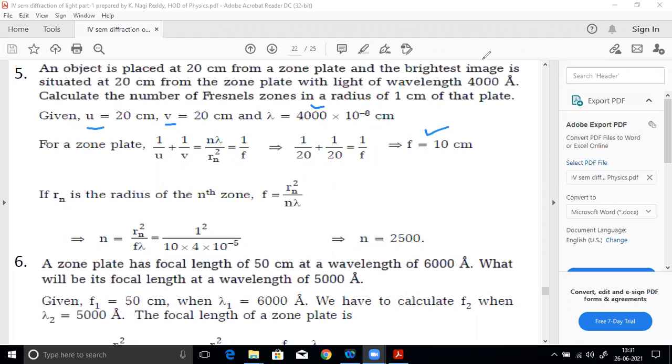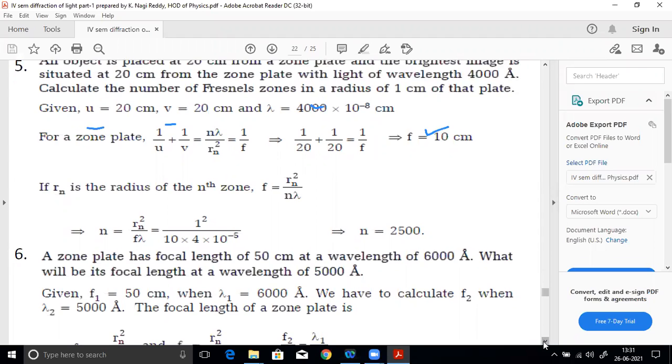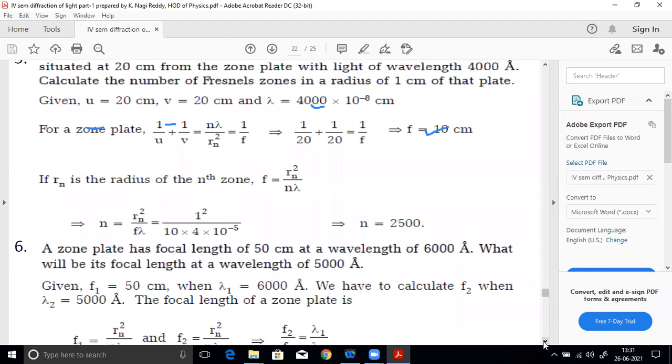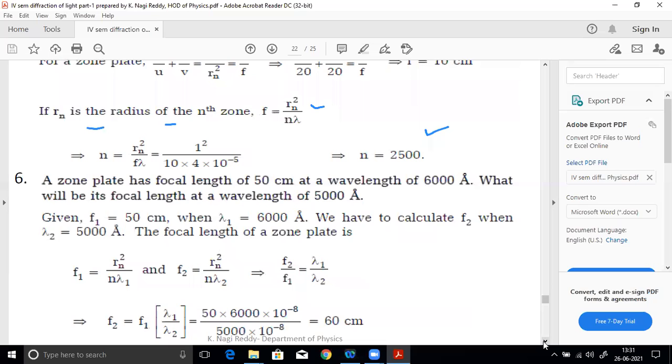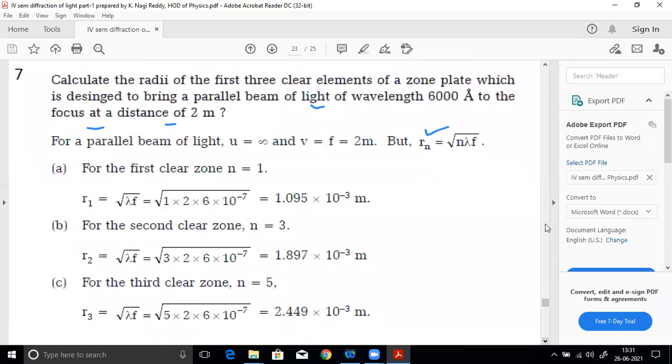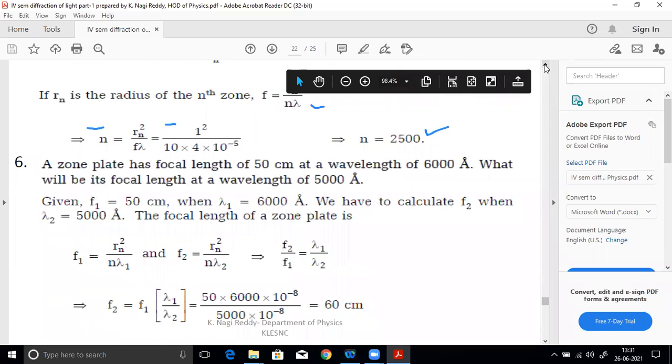See, from the exam point of view it is very important. Then go to the next problem. They are simple, there are no critical problems here. If you remember the focal length formula properly, it is done. But you have to understand the problem, what you have to calculate and what you have to find, that is important.